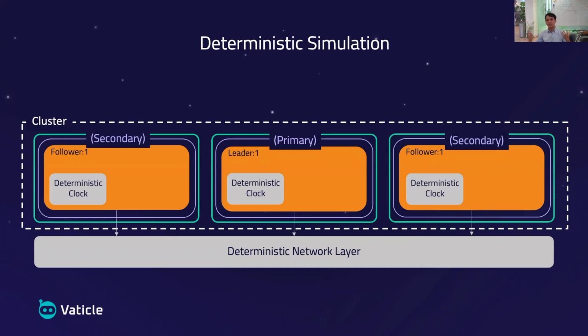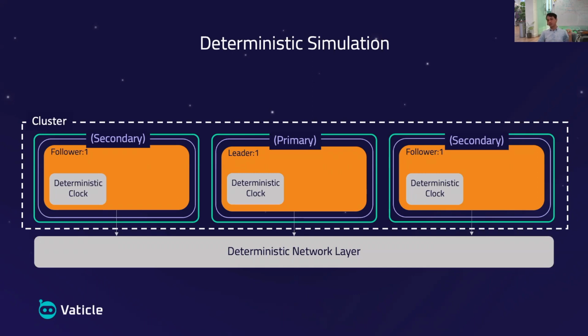which allows us to instantiate the replicator instance, right? We instantiate the replicator instance in the context of this deterministic simulation framework, where we replace the clock, right? The clock is what we use for performing scheduled events, such as performing an election when the timeout has elapsed, or for performing the periodic heartbeat or pulse from the leader to the follower. We do that by using the clock, right? So we replace this clock with a deterministic clock. And deterministic means that things are always scheduled in the exact same order.